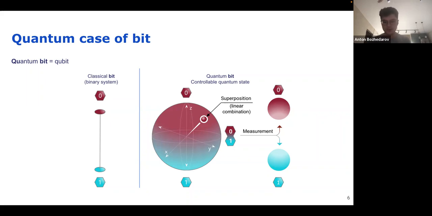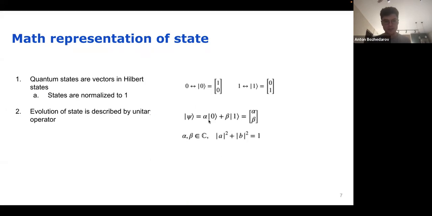And in order to understand exactly what the numbers alpha and beta are, we need to have a lot of copies of the same quantum system with the same coefficients alpha and beta, and measure them many times. Based on the statistics, we could restore these numbers alpha and beta. But with a single measurement, it's impossible to do. So we will get only 1 bit of information from one particular measurement.